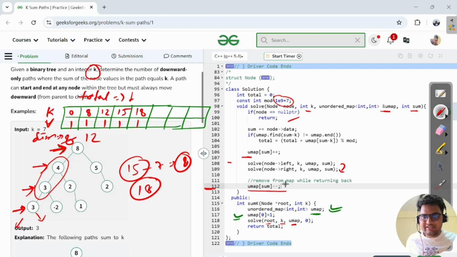So it will be recounted basically if we do not decrease this one. That is why, whatever we have added, 18, right, sum is 18, so we will decrease this one to 0, right? And here you can also add one more line, like u map